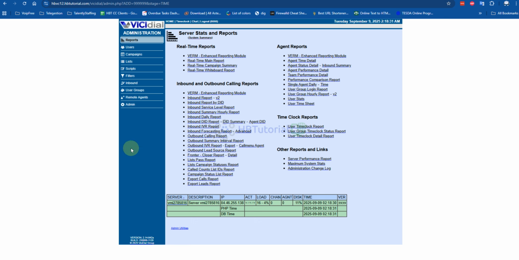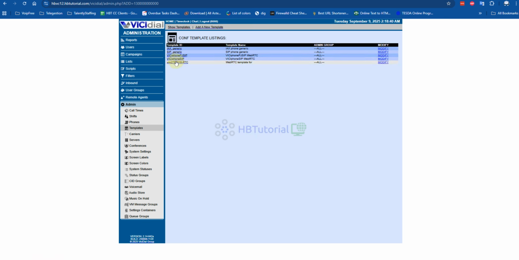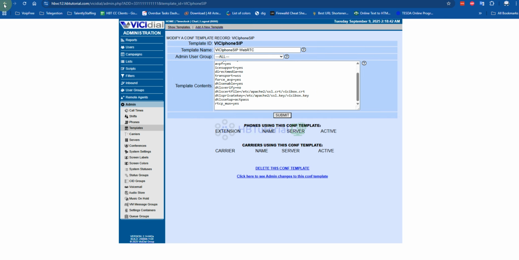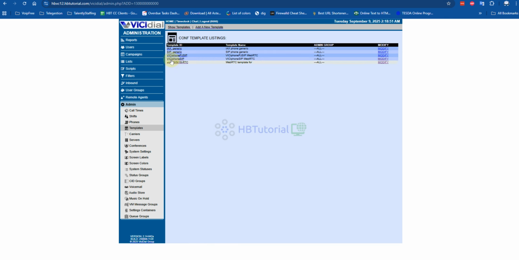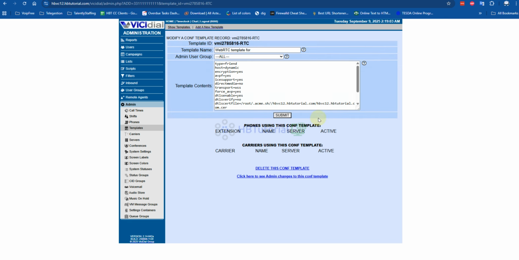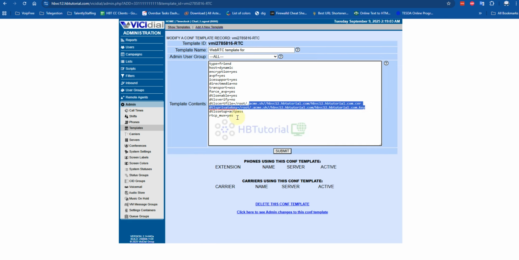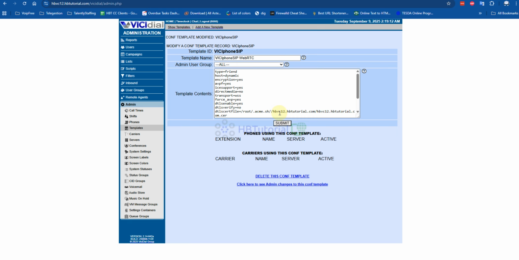You can check the sync time. So it's working, and now you need to go to the admin and check the template first for the WebRTC. So this will be our template. You can update this one to the BG phone, so that even if you mistakenly choose the other template or this template, it will work. Because once you select this one, the WebRTC will not work.